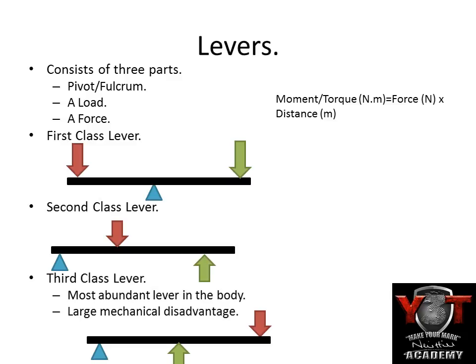Basically what this means is that if you think in terms of angles, we only have to generate a very small amount of movement near the pivot to get a larger range of motion towards the end of the lever arm, okay? So from a mechanical perspective this is a disadvantage, but from a movement perspective,